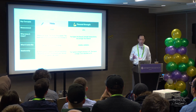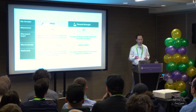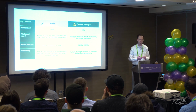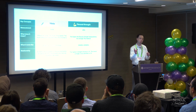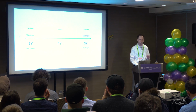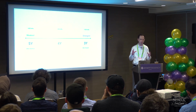There's 2 key parts to zirconia. There's the yttria content, and then there's the flexural strength. And they are related to each other. So there'll be classifications of yttria, and it's by mole percentage. But so there's a 3, 4, and a 5 line. That's really the yttria class of the zirconia. And there is a correlation with strength. The lower yttria, so the 3Y, is the strongest zirconia, and the 5Y is the most translucent, but has the least amount of strength. So that give and take should help you all understand